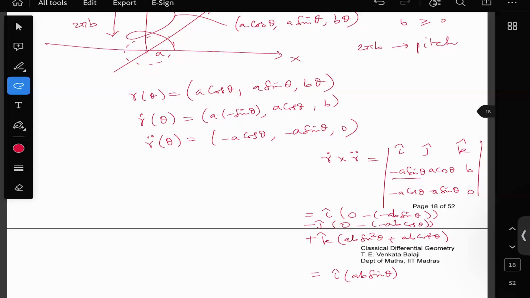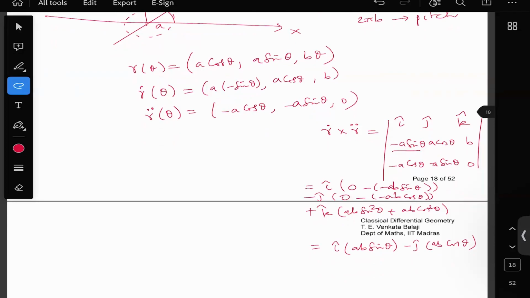Then minus j hat into 0 plus minus of minus a b cos theta is correct. So I will get minus j hat into a b cos theta. Okay, and the third term will be k cap into, so everything will be just a squared. All these guys are going to be a squared. So I'm going to get a squared here, and another a squared here, and I hope the sign is correct. Yeah, so plus k cap into a squared. Okay, so basically,